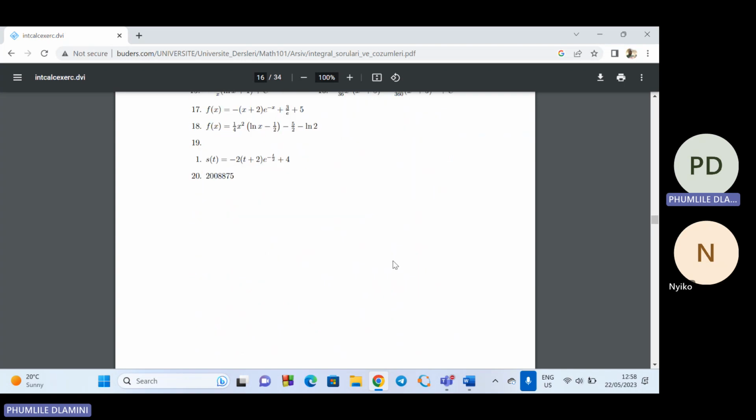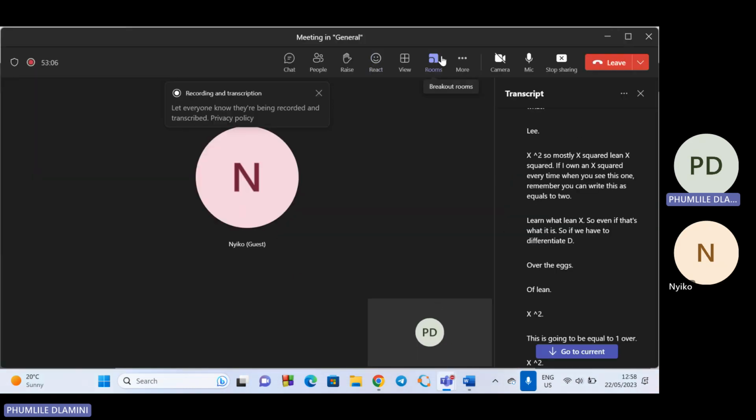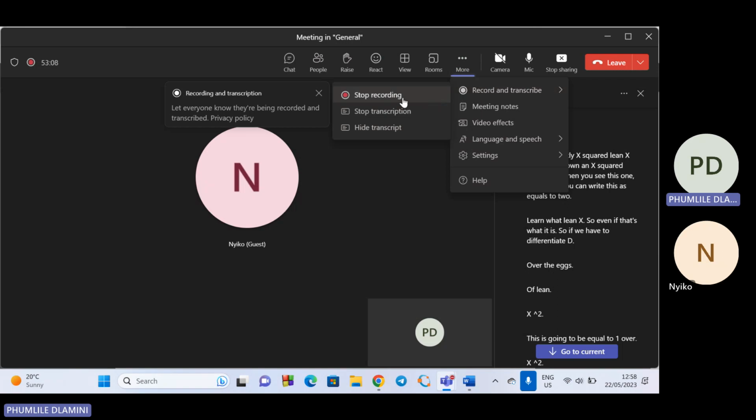So with integrals, we're gonna do more questions. But when we do more questions, we're gonna go more step by step so that you can understand properly. Because if we do everything at the same time,